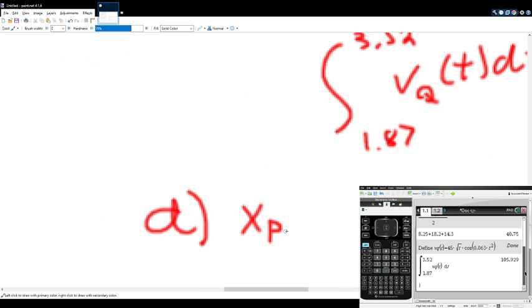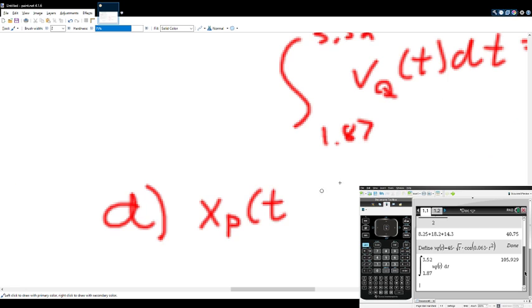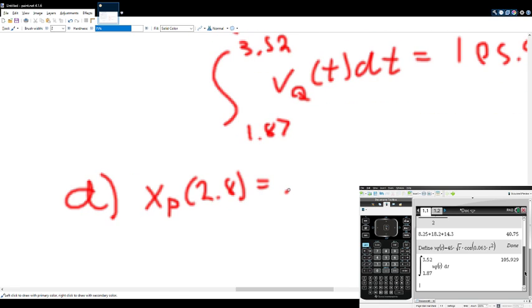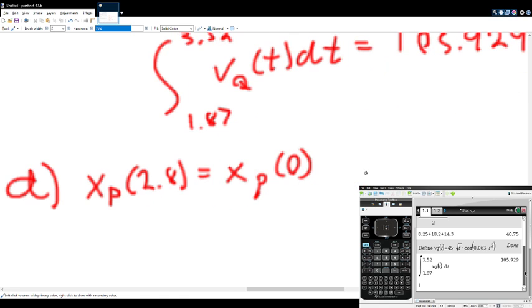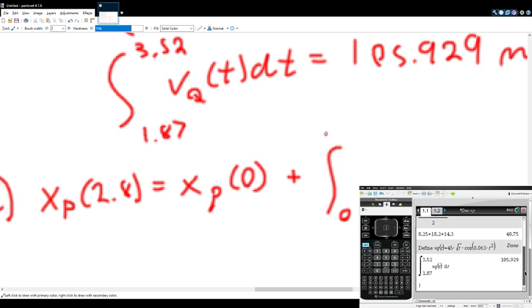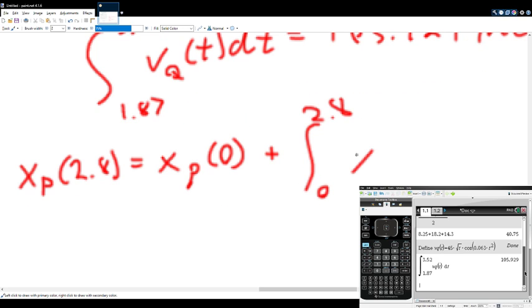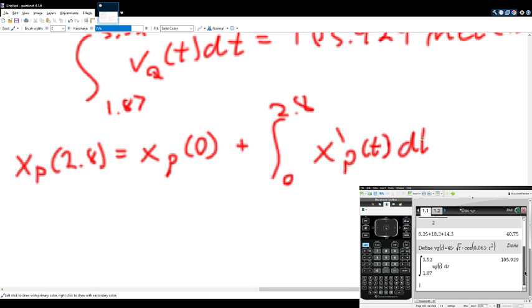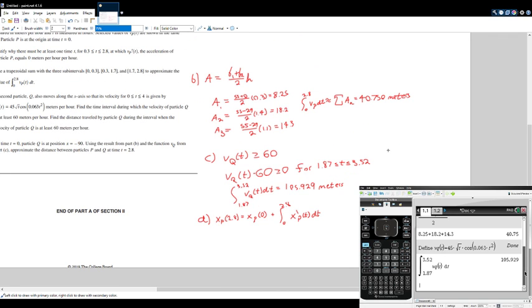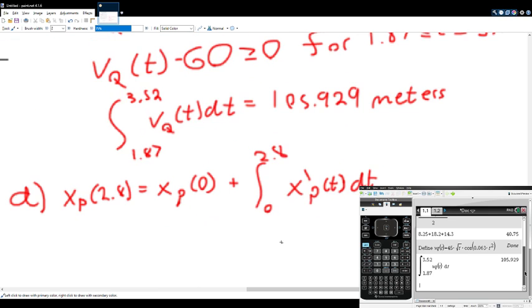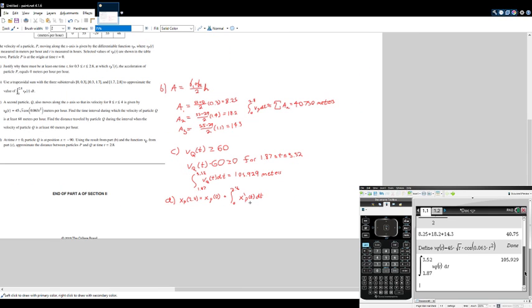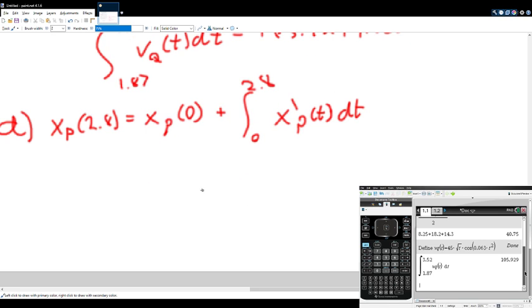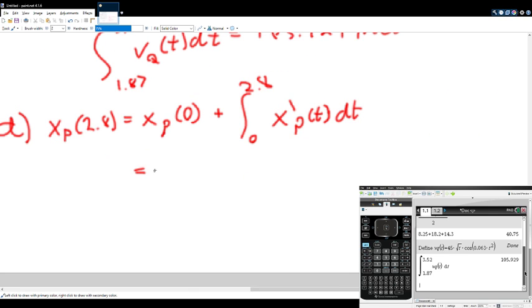we're going to say xp at 2.8. It's going to be equal to xp at time equals 0 plus the integral from 0 to 2.8 of x prime with respect to time. We already found this result from before, which was 40.75. This integral is 40.75, and xp at 0 is 0 because it explicitly states that particle p is at the origin at time equals 0. So this is equal to 40.750,